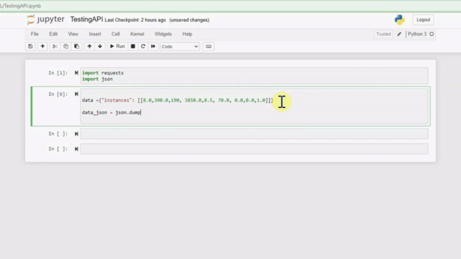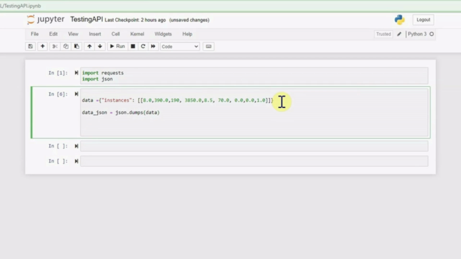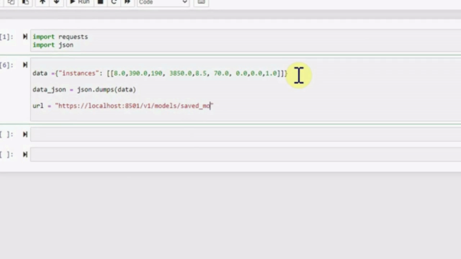So I write json.dumps(data), and then I'm defining a URL. Currently the model is deployed locally, so I'm using localhost as the URL and using port 8501, and this is the first version of our model, and we are calling to the models. saved_model is the name of our model, and then we are referring to different versions. Here we have version 1, and then